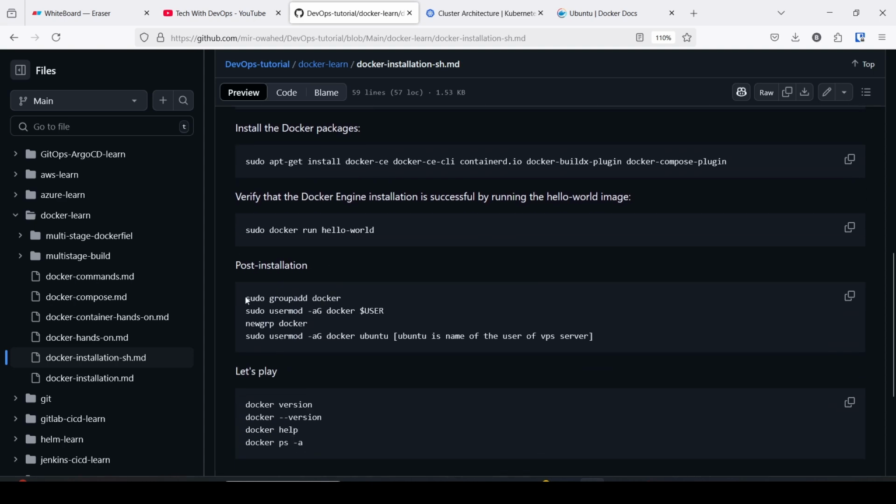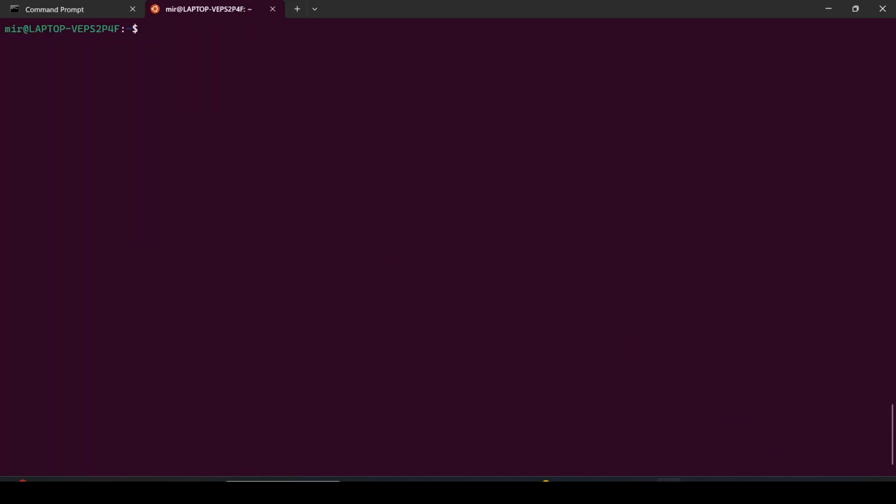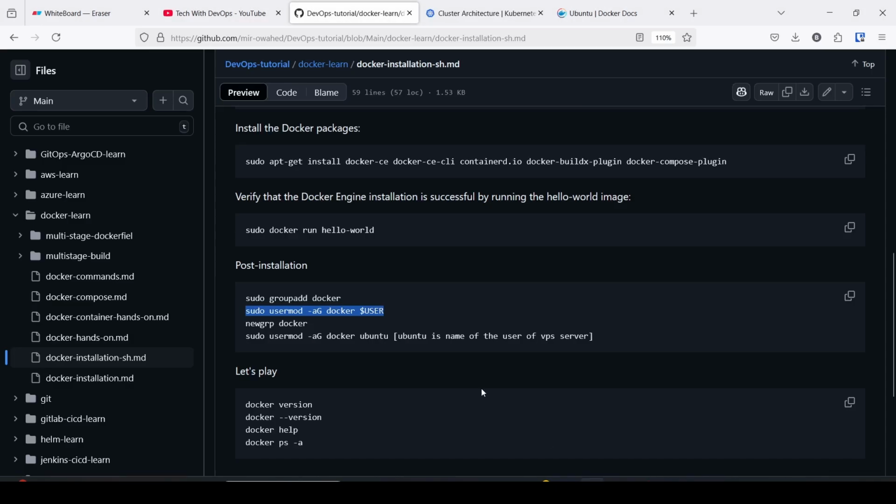Then you can use this sudo user group. First, use this command. Copy and paste it here. It is done. Control L, clear the screen. Then you should run this command, sudo usermod, this command, and hit enter. Then you have to use this newgrp docker